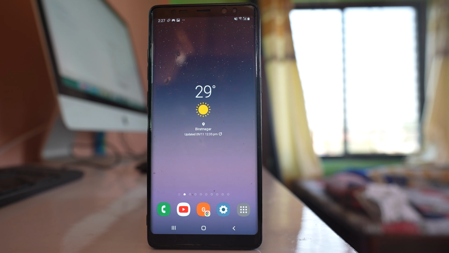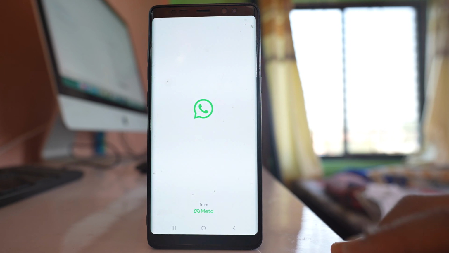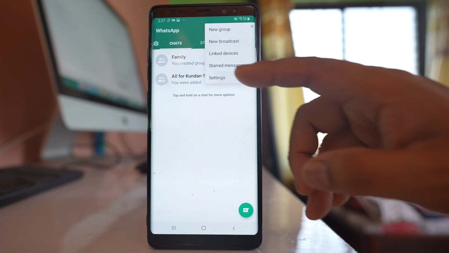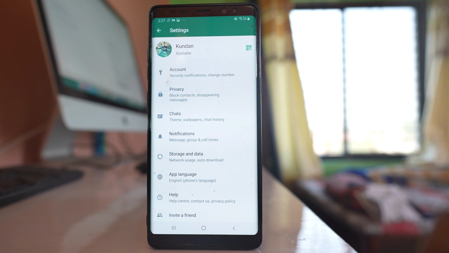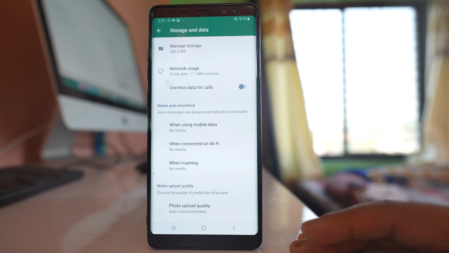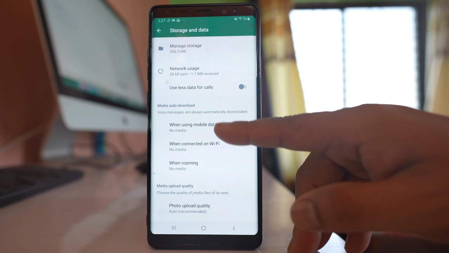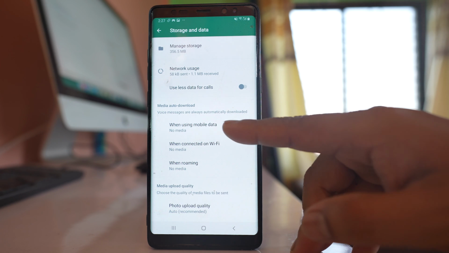If WhatsApp photos are not saving in the gallery of your device, then what you do is open the WhatsApp application, go to these three dotted icons here, go to settings, go to this option, storage and data. You can see there is an option here, media auto download, and there are three more options: when using mobile